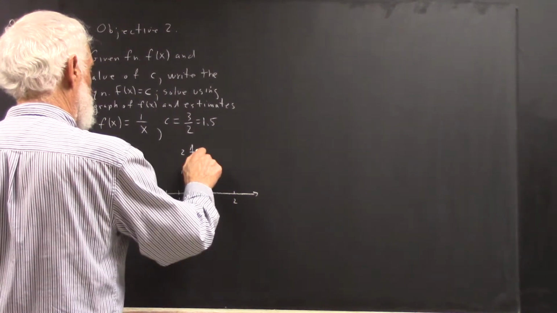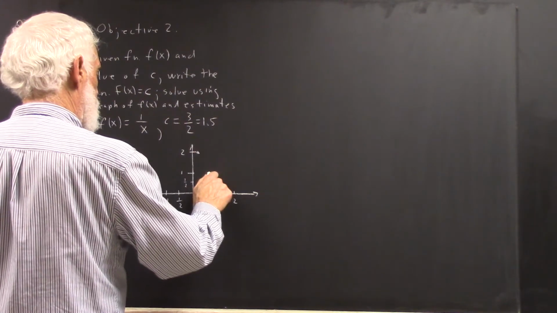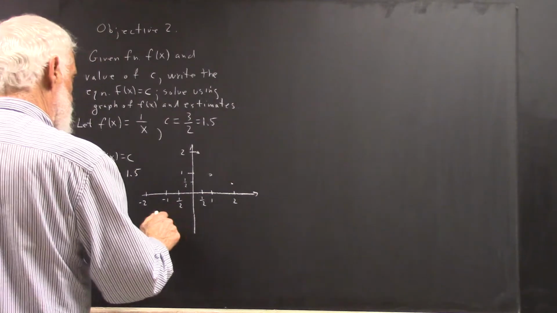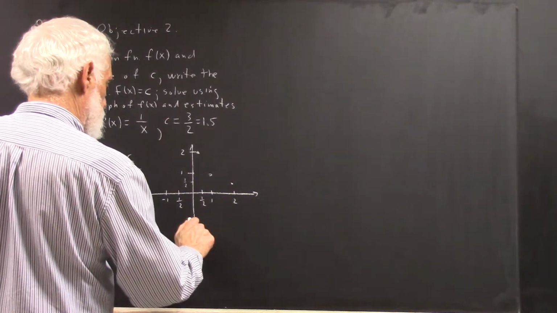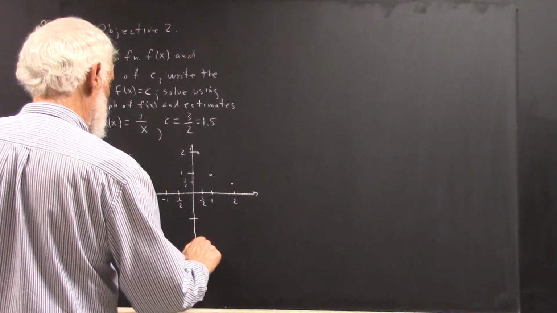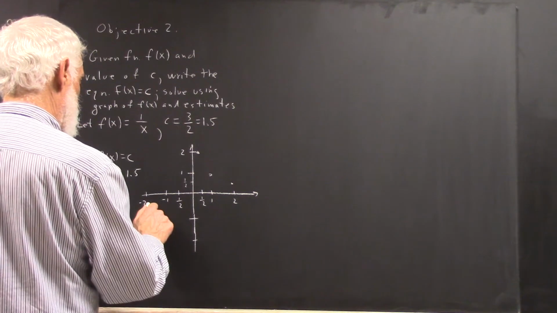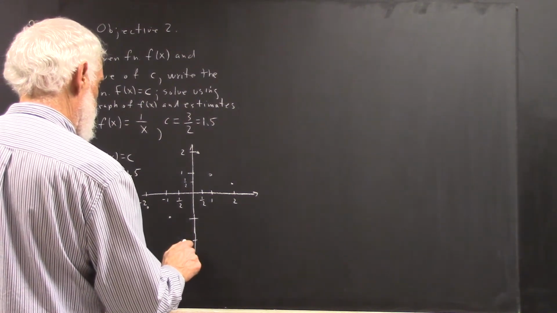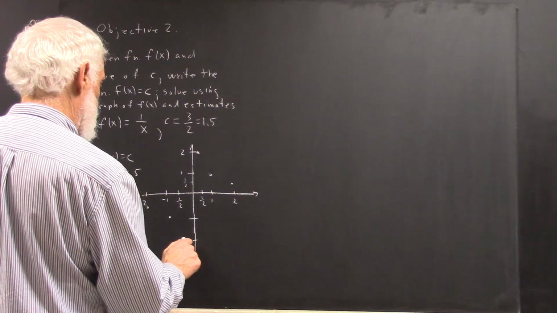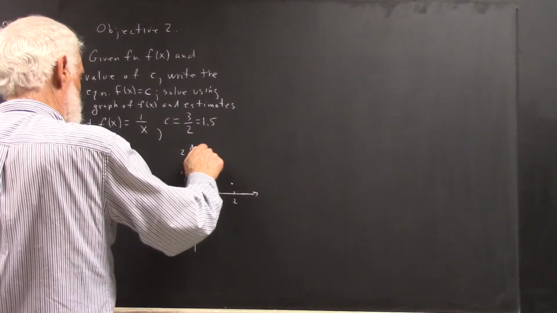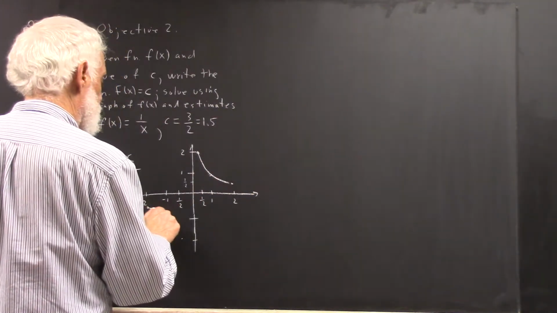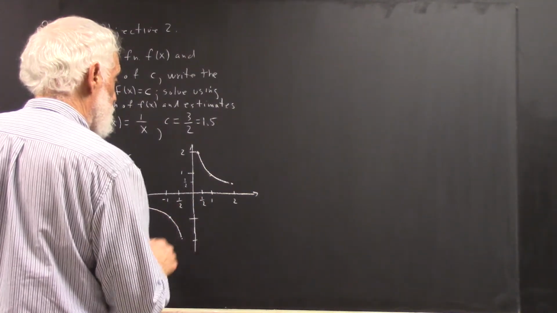So 1/2, 2, 1, 1, 2, 1/2. And then similarly on the negative side, I'm not going to label these points, but we'll have a point out here, and here, and here. So we can sketch at least the extended basic function